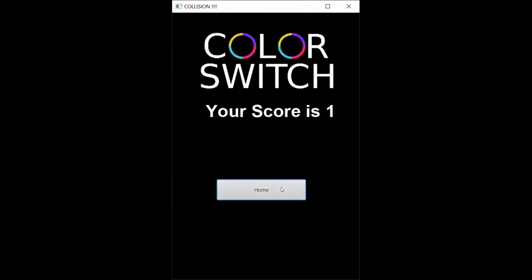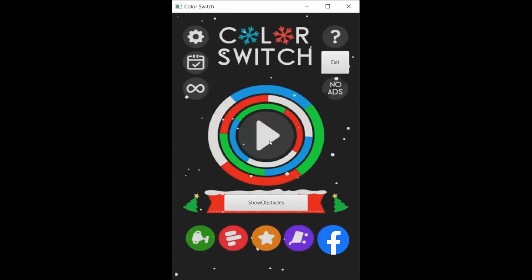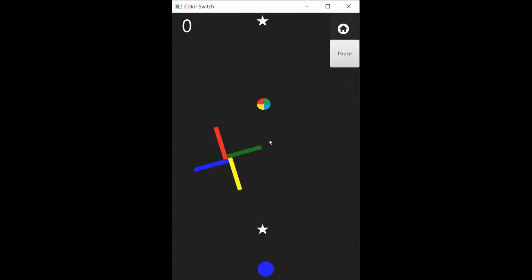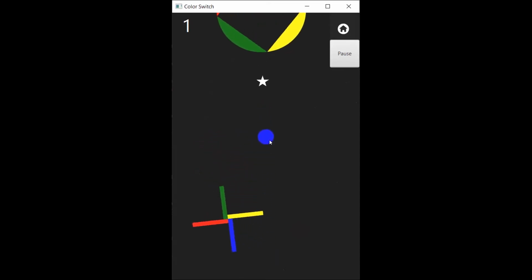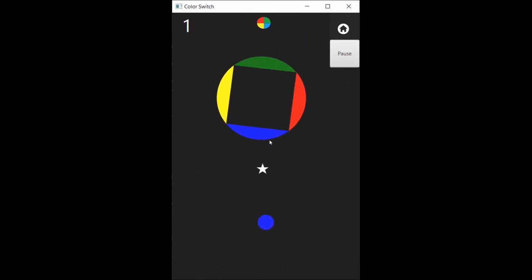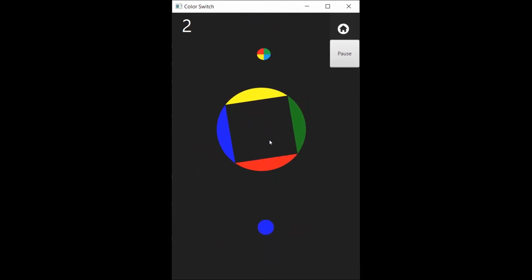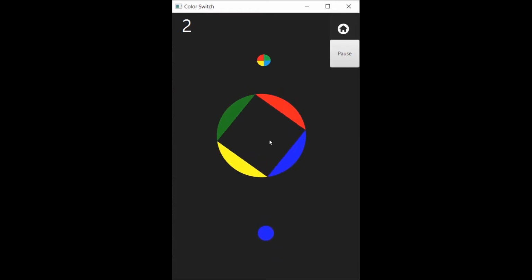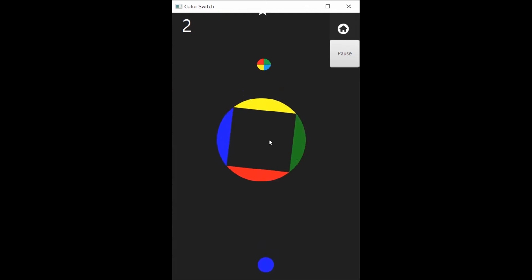But if you pass through the blue, then it would not stop the game, and it would help you pass that obstacle. You have to collect the stars to increase your points, and then you have to pass more and more obstacles as you move forward in the game. And don't worry, you won't fall down. We have put a fall bound here at the bottom, so you don't have to worry about that.